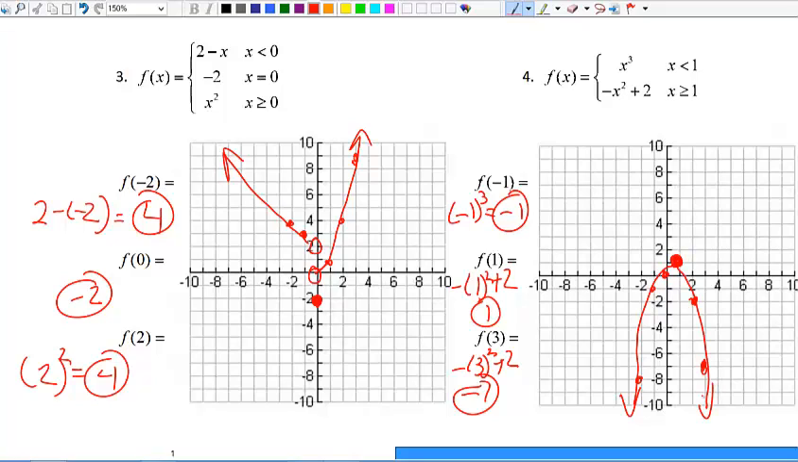So it kind of looks like a parabola, but not really. One half of it is based off a cubic and one half is based off a quadratic, so they're not quite the same. So anyways,